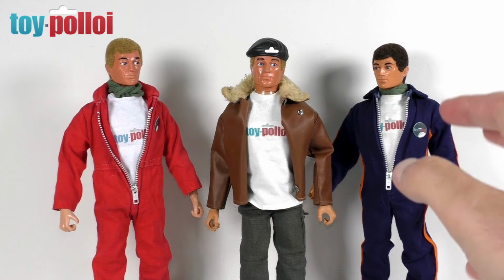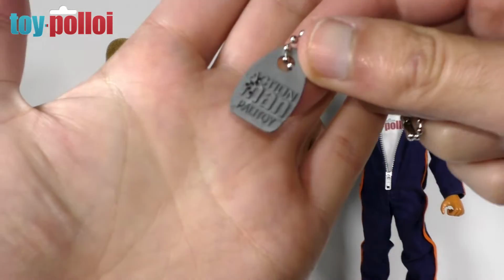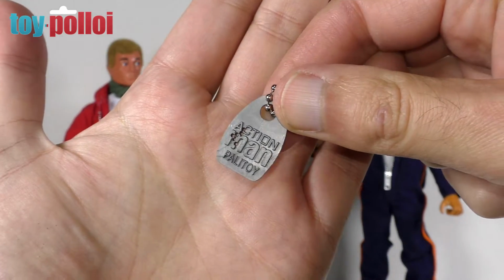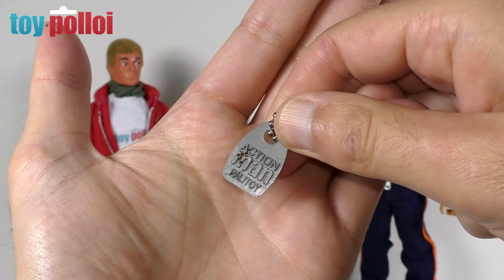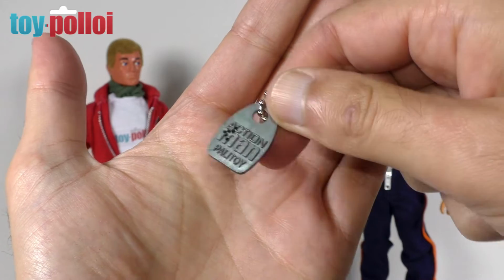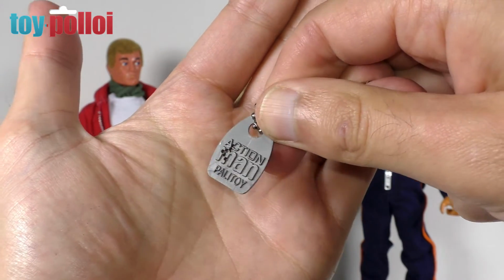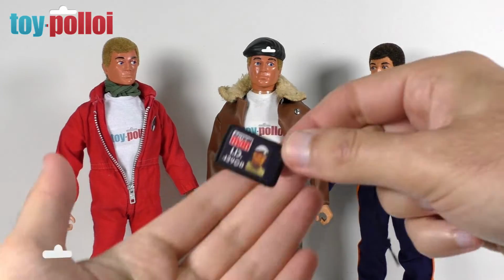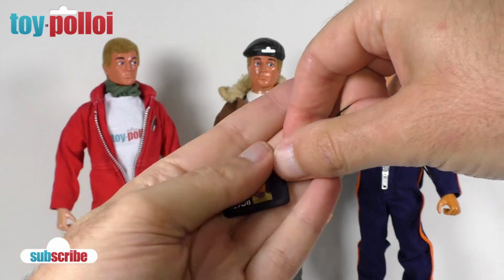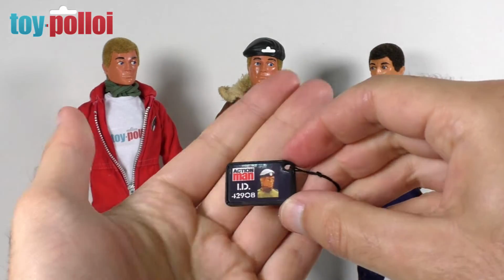Now over the years they've changed the design of the dog tags a few times. The ones I most remember are these grey little plastic dog tags, and that's because when I was mainly collecting Action Man as a child, which was mid to late 70s, this was the dog tag that came with the blue pants era Action Man, so I used to have quite a few of these. But towards the end of the Action Man run they changed the dog tags to these plastic ones on a bit of cord, and these are the ones that I really like the look of,